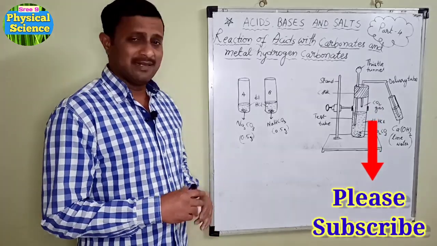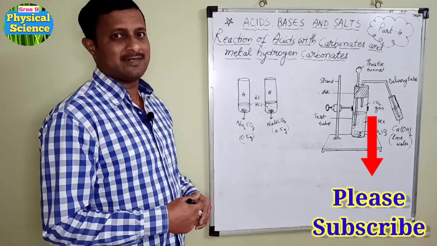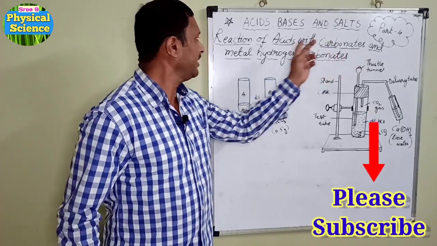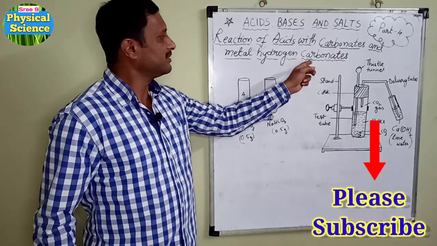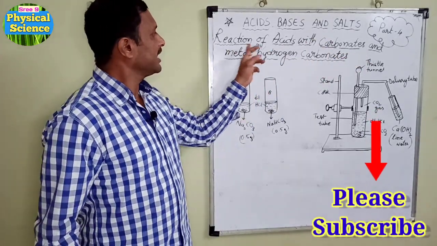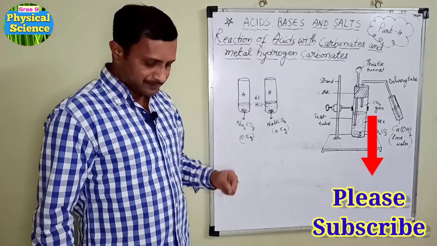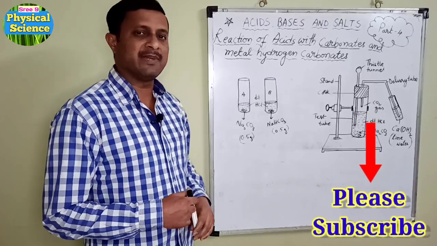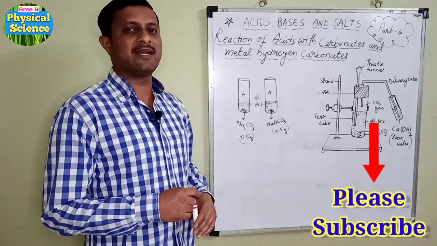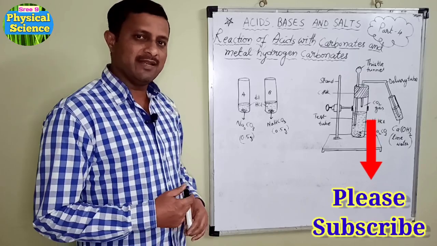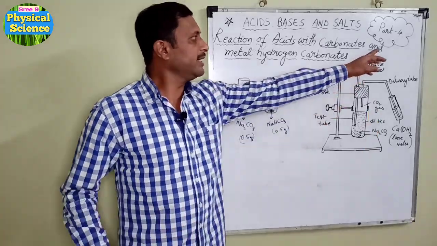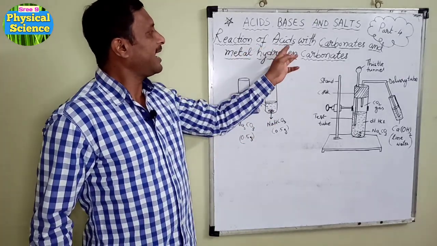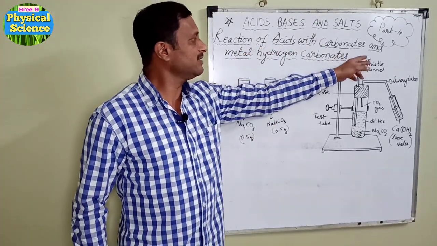Now let us start our lesson. Today's topic is reaction of acids with carbonates and metal hydrogen carbonates. Till now we have seen that acids react with metals and produce hydrogen gas, even bases also. So today in part 4 we are going to understand what happens if acids react with carbonates and